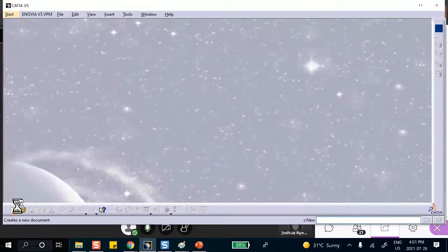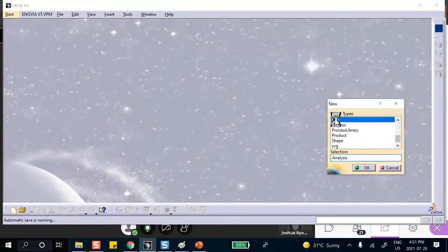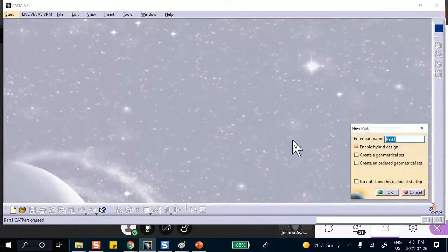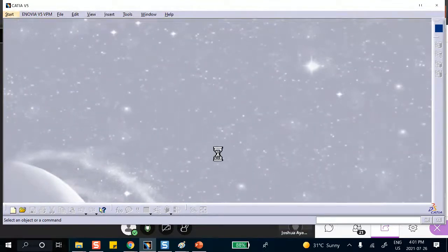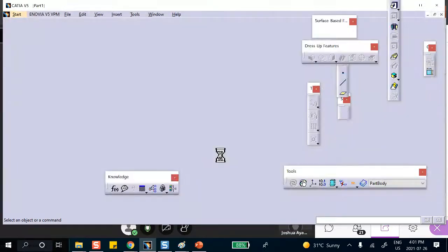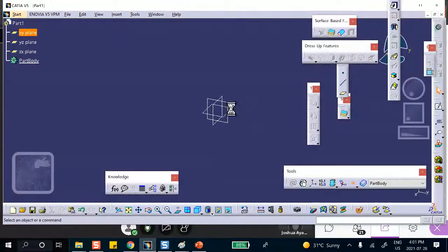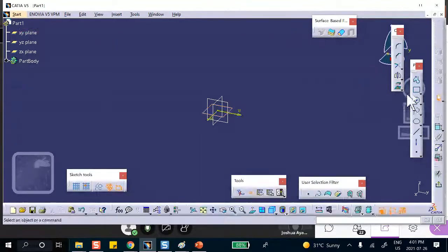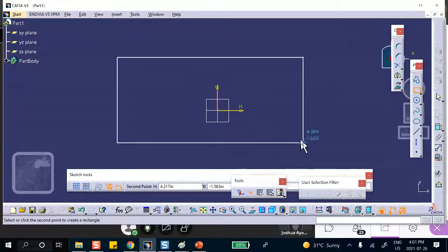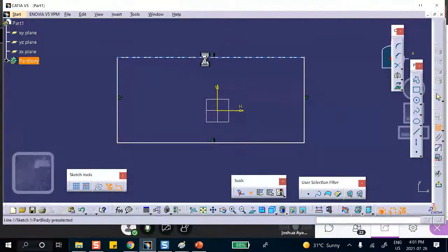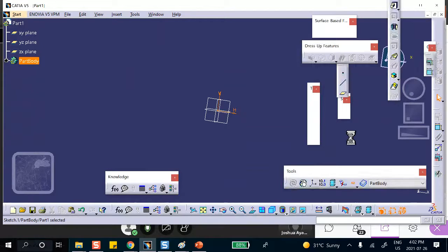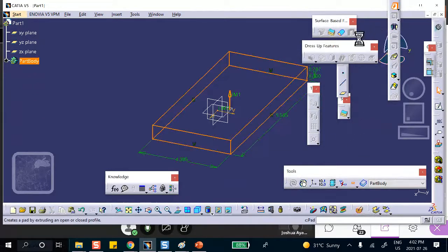So we go here, let's make a part. Okay, I'm going to make a box for you. All right, so on a convenient plane, on this plane, I will draw a rectangle. There we are. And I'm going to dimension it, this and that, and exit. And we're going to pad it. Okay,